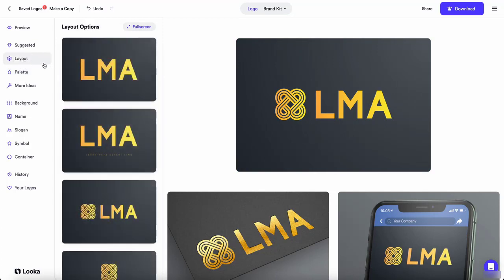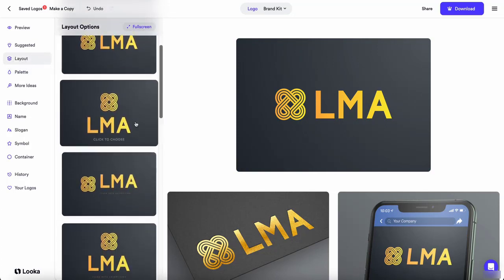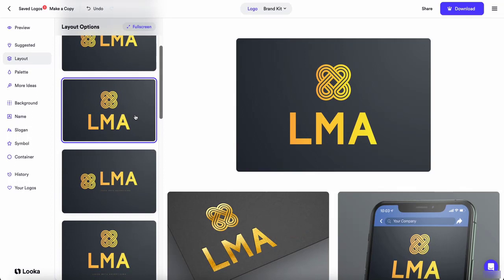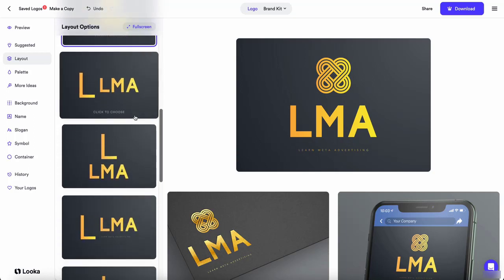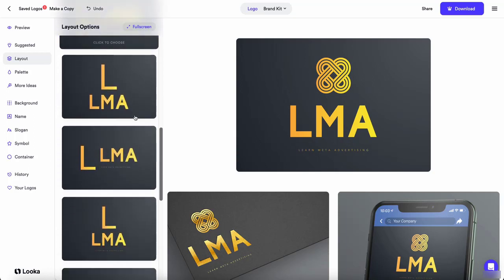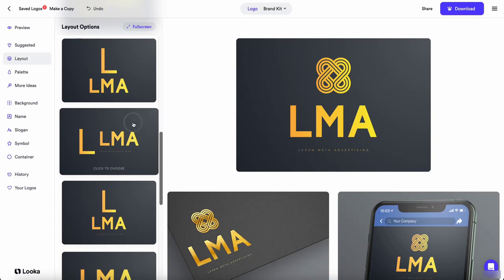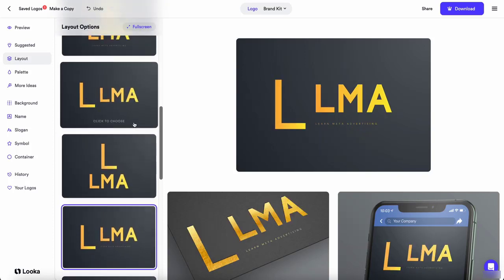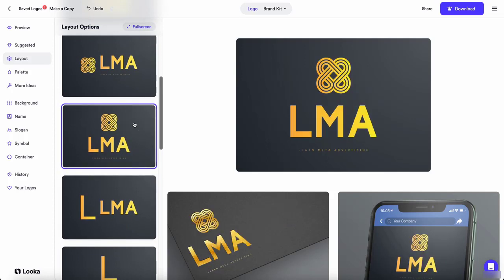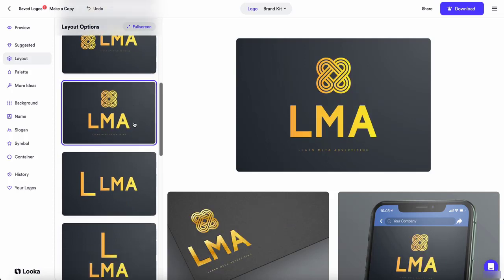I'm still not happy with the layout. So maybe we can choose this layout. And it's suddenly starting to look quite okay. Even this is quite a good idea. But this is quite okay.